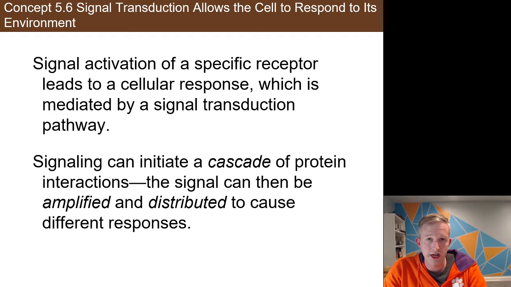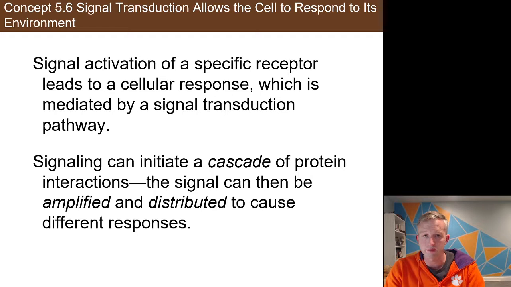We're going to wrap up Chapter 5 with the final section all about signal transduction. Signal transduction cascades, that's the main point of this section, and it's kind of the culmination of this entire chapter. So the goal here is to understand now what happens inside of the cell once a signal has been received, and when that signal then leads to all the other things happening inside of the cell. There's some important details to take away from how that happens to understand how it can achieve major cell response